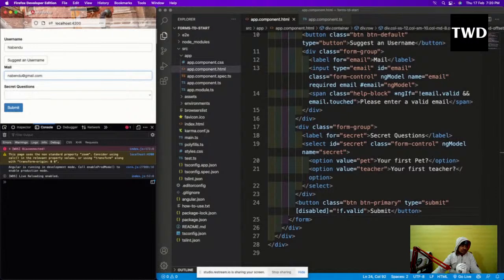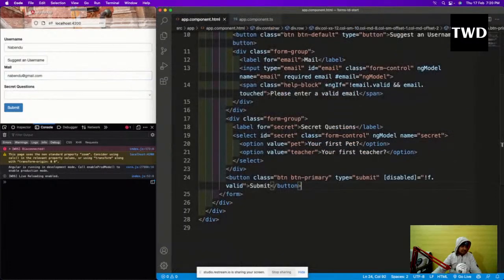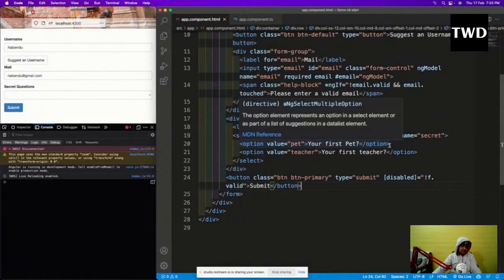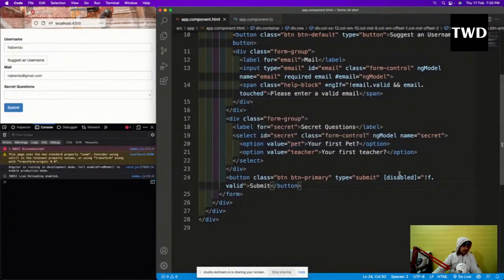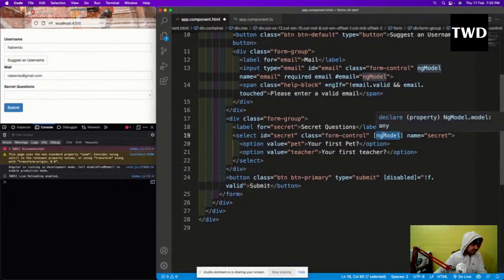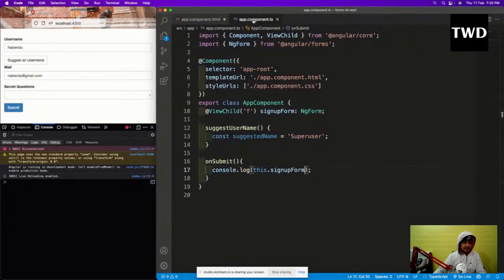So now we will look into the example to use one-way binding and two-way binding in the ng model. So we're going to look into that example. In this select, we have not done much. I am not going to use ng model like this. I'm going to use a one-way binding, the normal way.